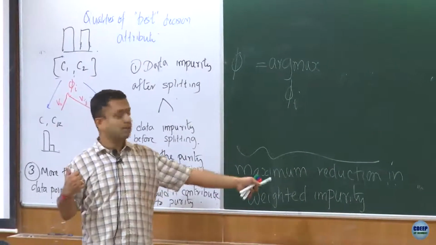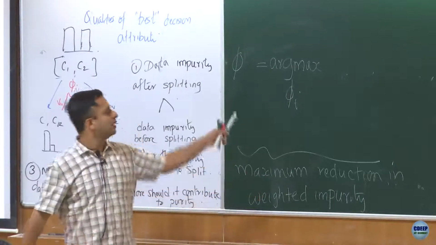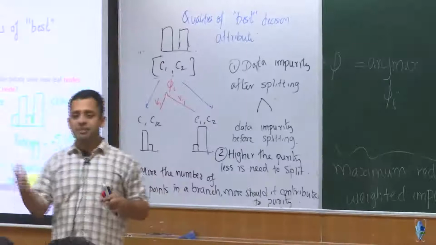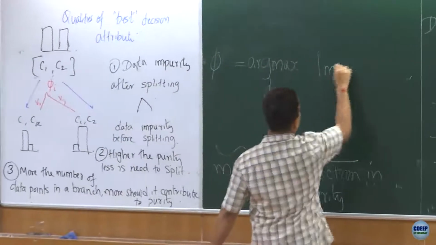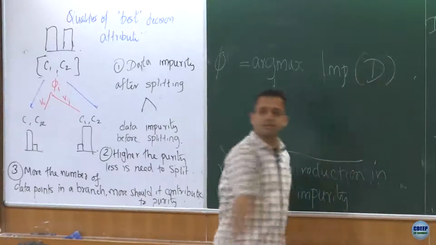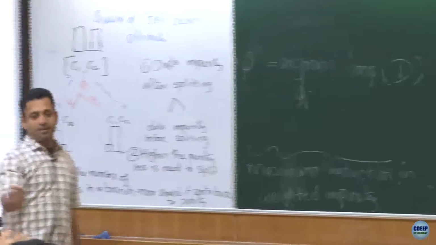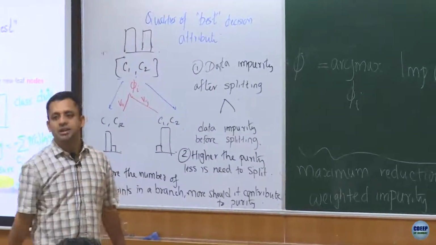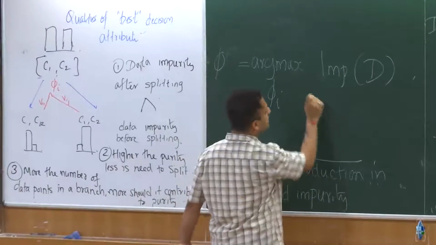Yeah, but reduction, right? So impurity before splitting. So you want maximum reduction. So can I say it's impurity in the data set before splitting? You can reduce it, but let's just be faithful to what I've written here. Minus